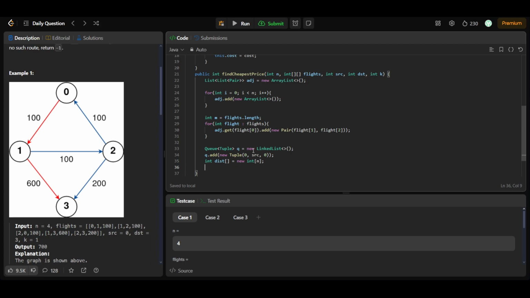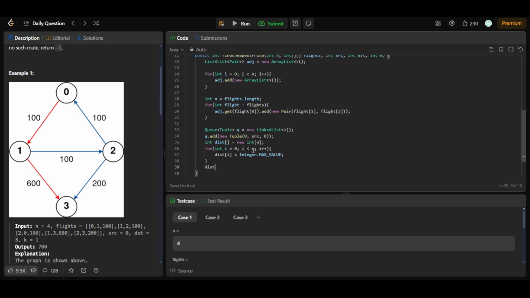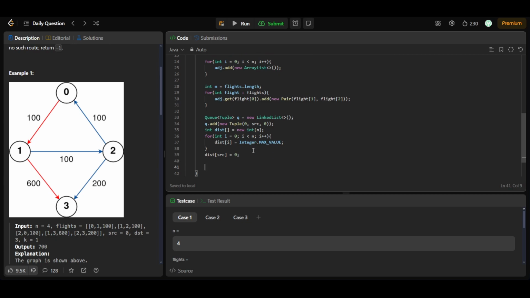Okay, no, let's first set the distance to the maximum value. That's for int i equal to 0, i less than n, then i plus plus, and my distance i will be equal to the maximum value, that is Integer dot MAX_VALUE, and then I'll be setting my distance of source to 0. Okay, and now let's just simply run the while loop, that while not my queue is empty,